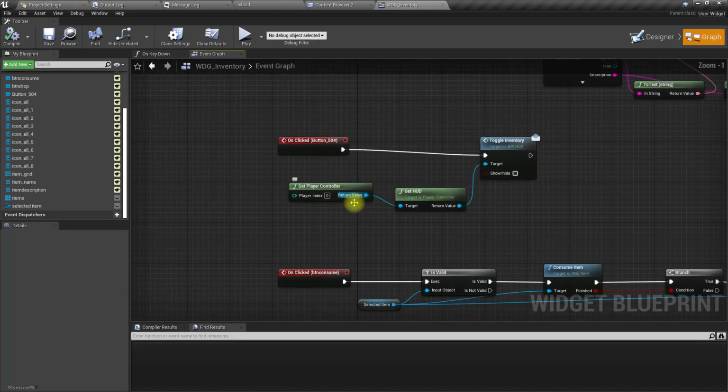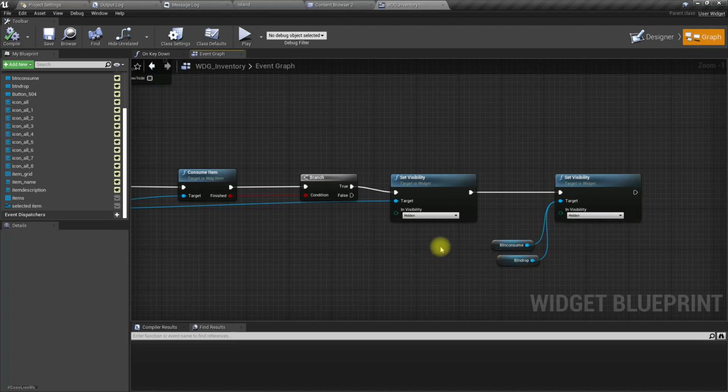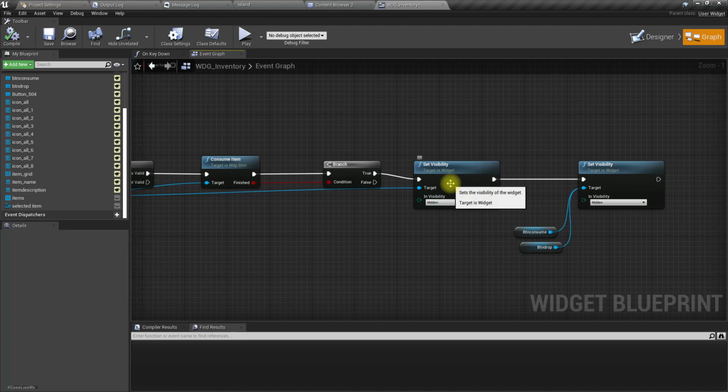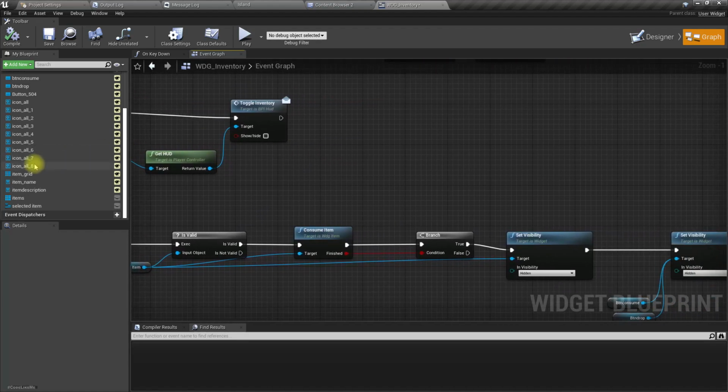So what happens when we press consume is we set the visibility of that particular item to hidden. But instead of that, what should happen is,